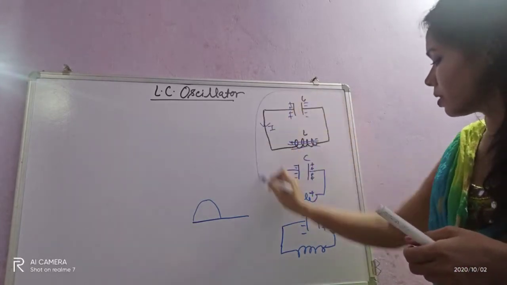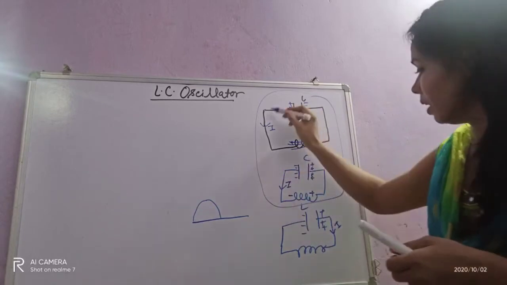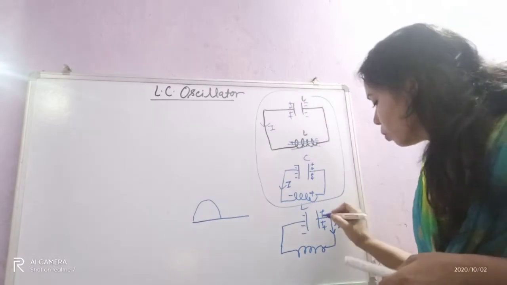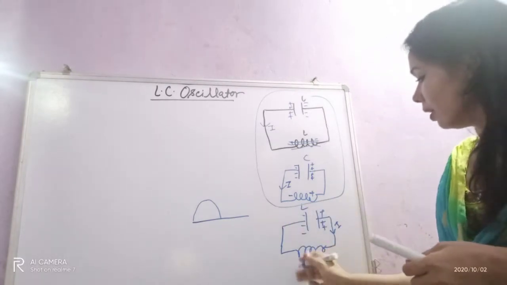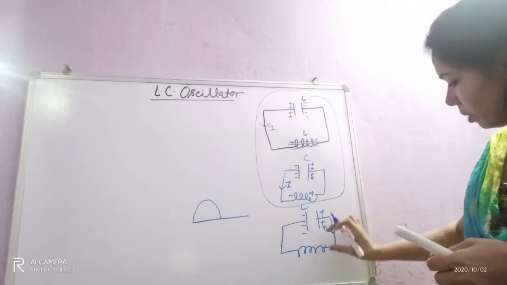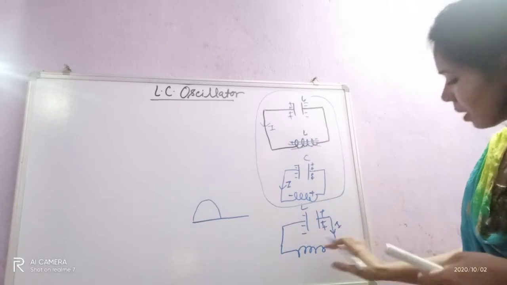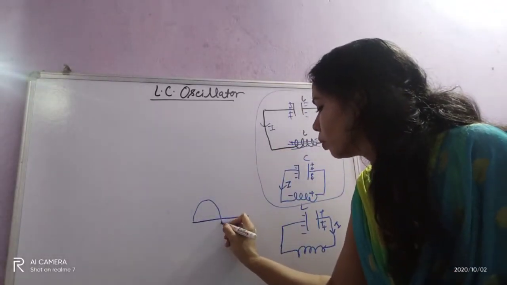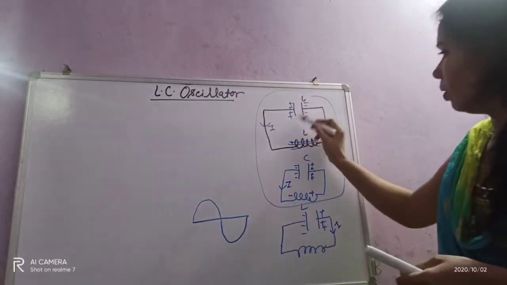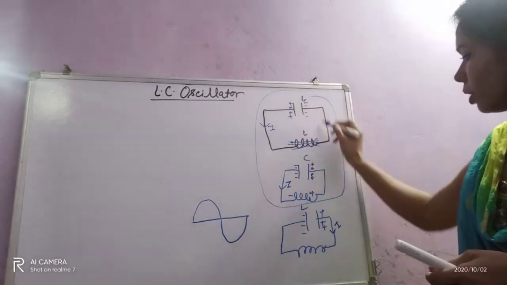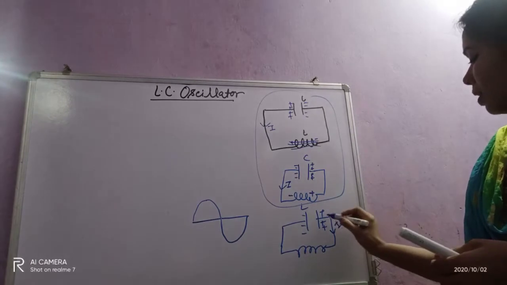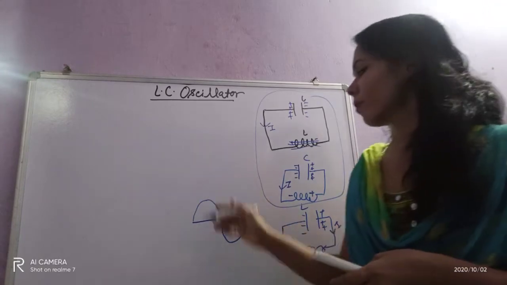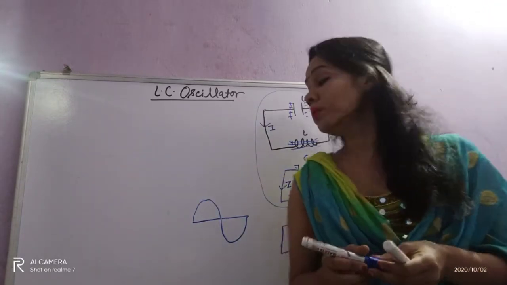Now see the second case. In the first case, the current is in this direction, if you consider this one positive. In the second case it is moving from this side to this side. Again, in the second condition, when it is completely discharged, I will get the same direction of current. So for half the time period it is positive, and for the second half it is negative. Look, in the first case the direction of current is this, and in the second case it is from this side to this side, so the direction of current is also changing in an LC oscillator. Understood?